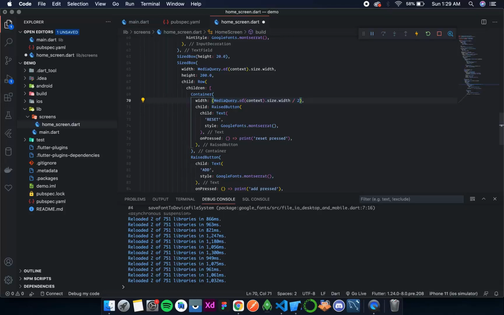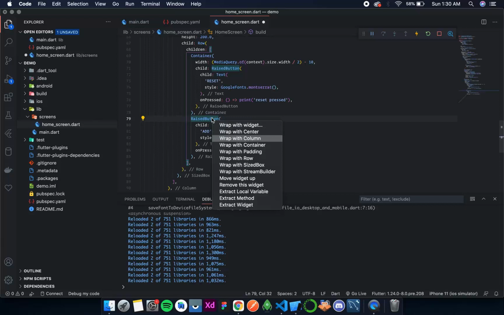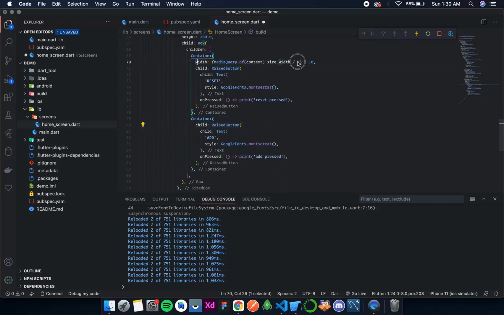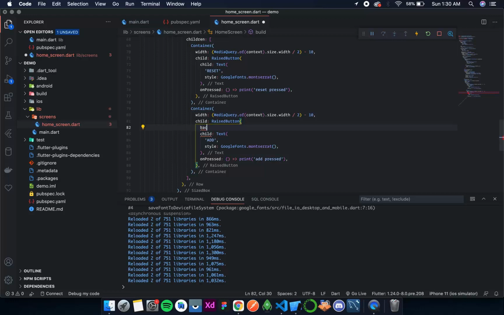The padding will be 5 because 10 divided by 2 for both the sides, minus 10. Okay, so this is fine. Now same I'll do for here, wrap with a container. The container has a width of this.